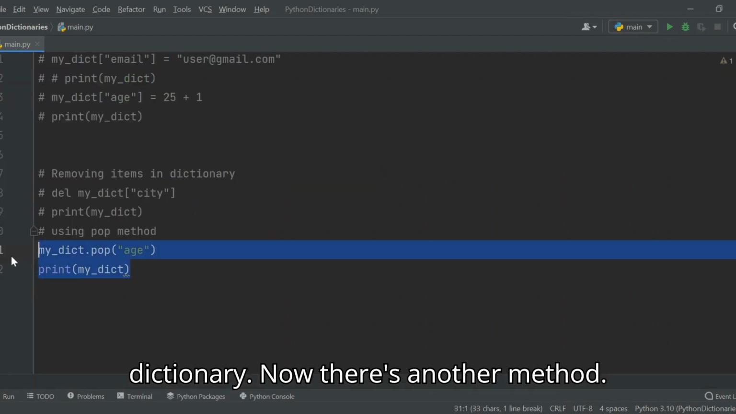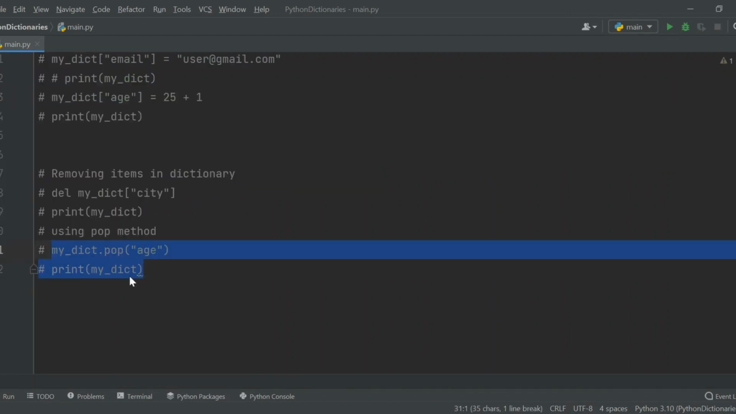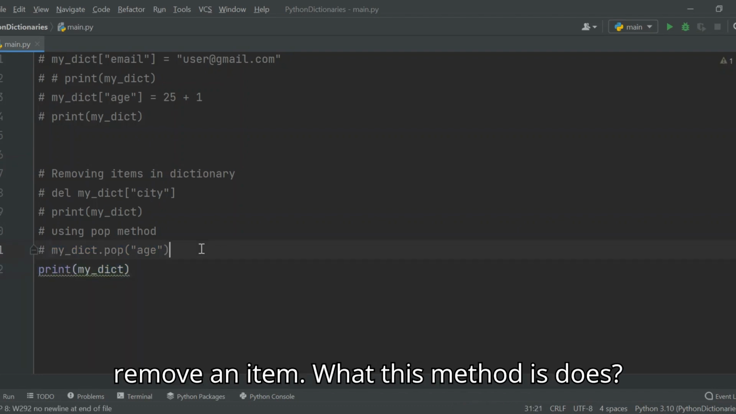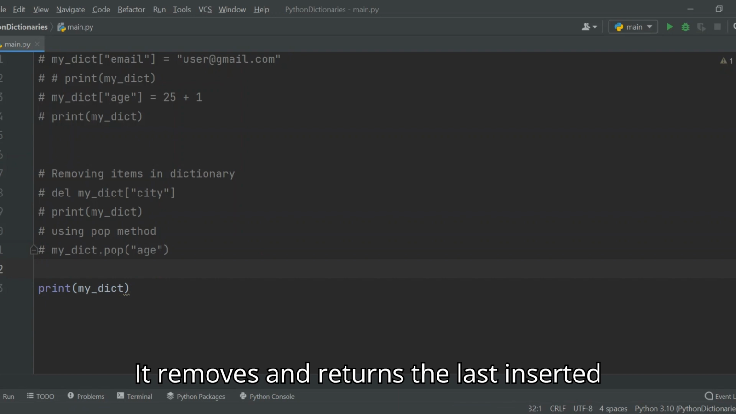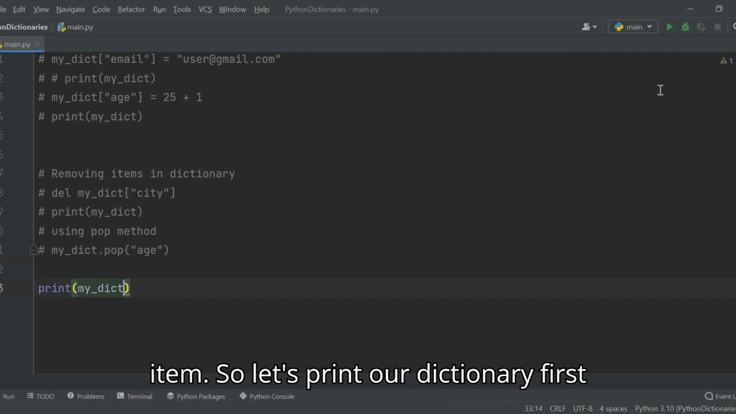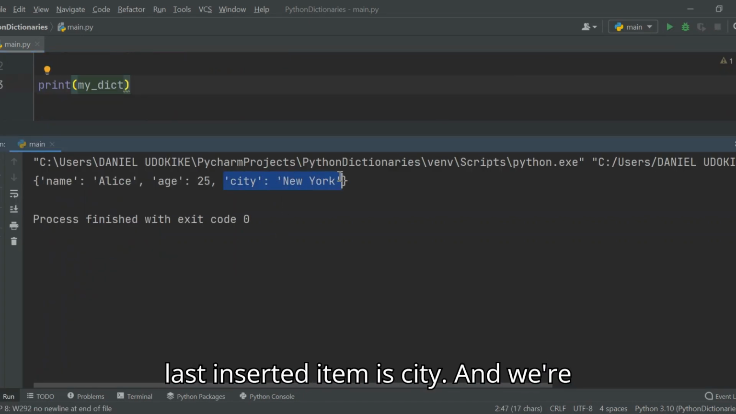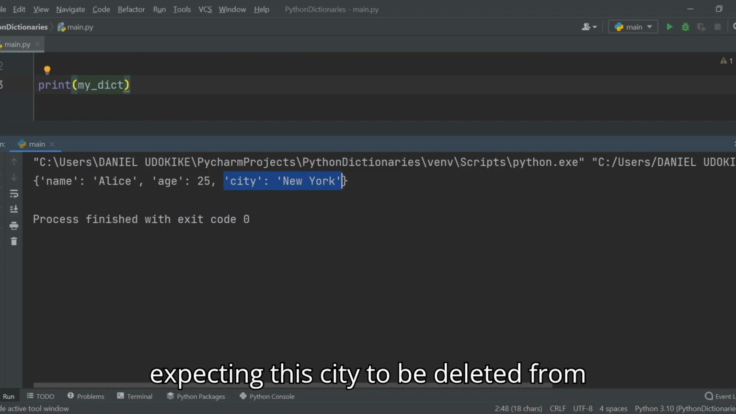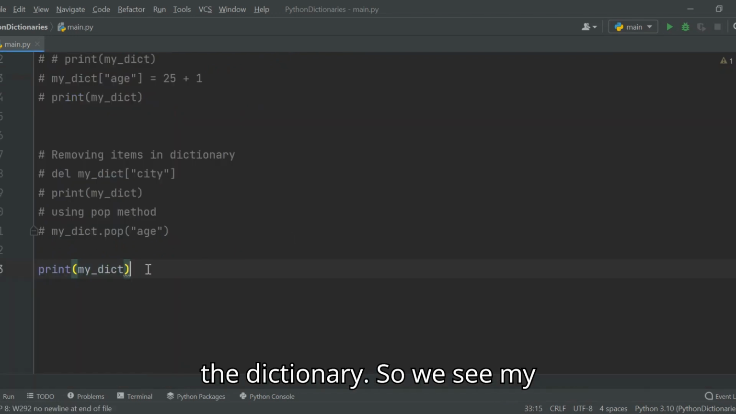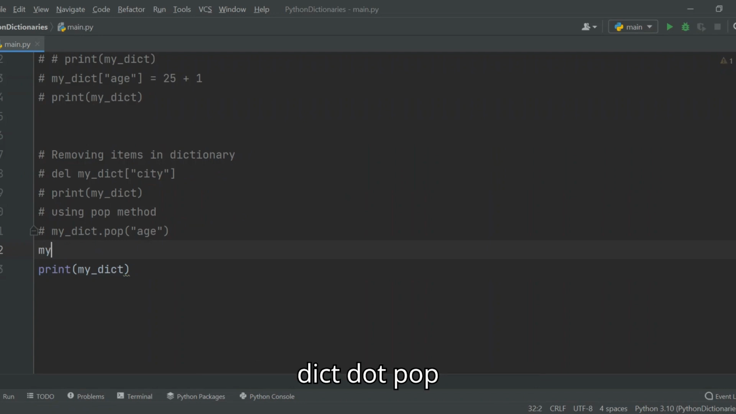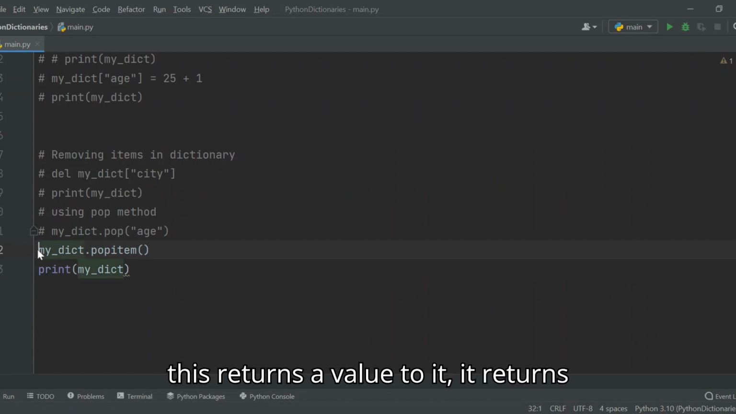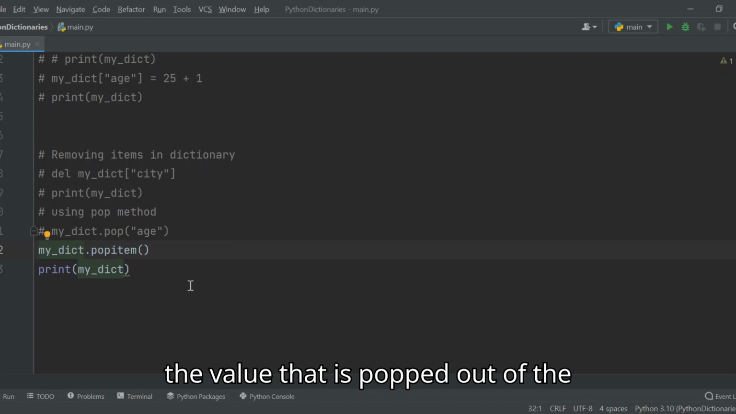Now, there's another method you can use to remove an item. What this method does is remove and return the last inserted item. So let's print our dictionary first and see the last inserted item. The last inserted item is city, and we're expecting this city to be deleted from the dictionary. So we say my dict dot popitem. Since this returns the value that is popped out of the dictionary,